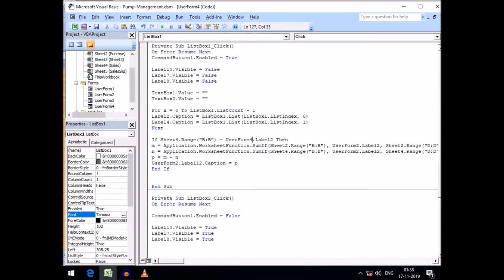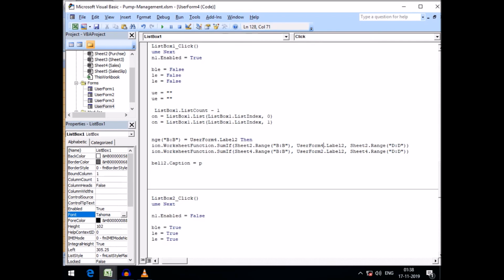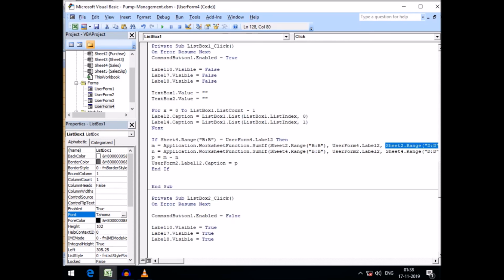Okay, it is correct. And then sum if Sheet 2 dot Range, UserForm4 will be the level of UserForm4, and we need this code. It will remain the same because here is the total purchase of a product, the total quantity of purchase of the product will be some amount, where quantity of purchase will be sum, and then in this column of Sheet 4 we